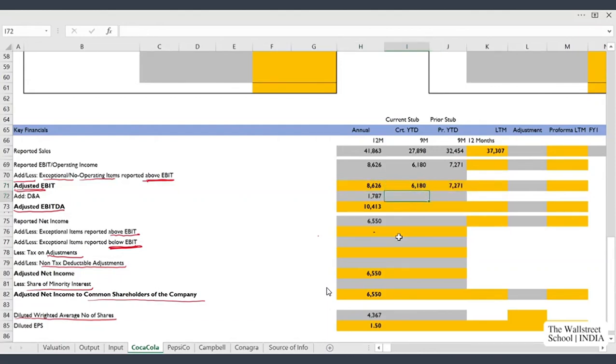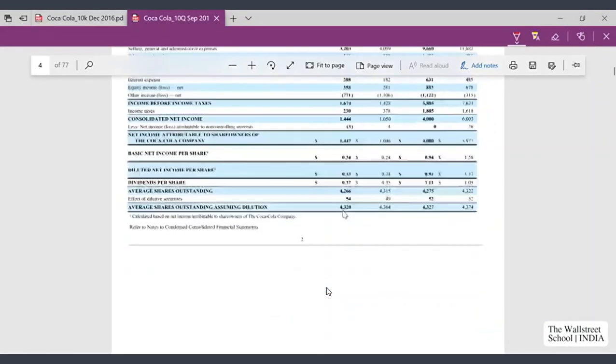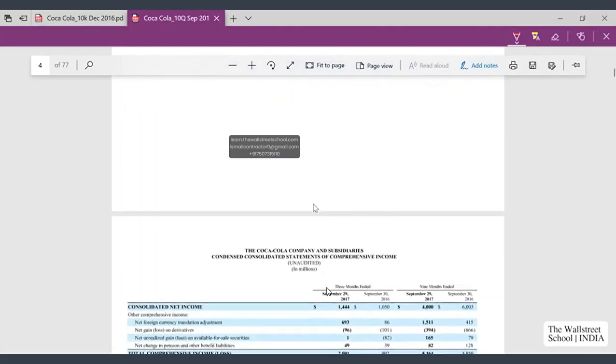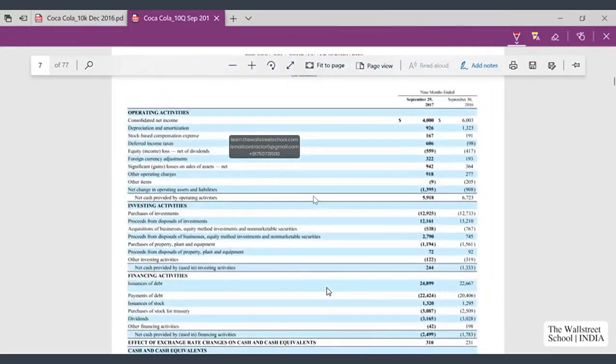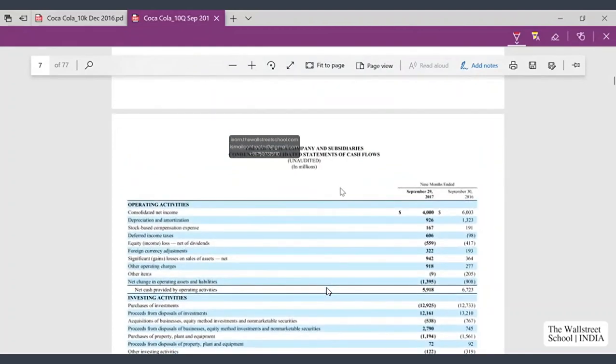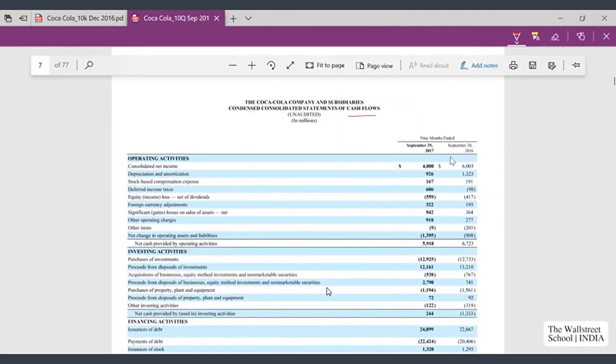Depreciation and amortization expense. So let's pick this from the cash flow statement. You can scroll down. So this is my statement of cash flows. And here you can see these numbers are for 9 months only, which is what we require.